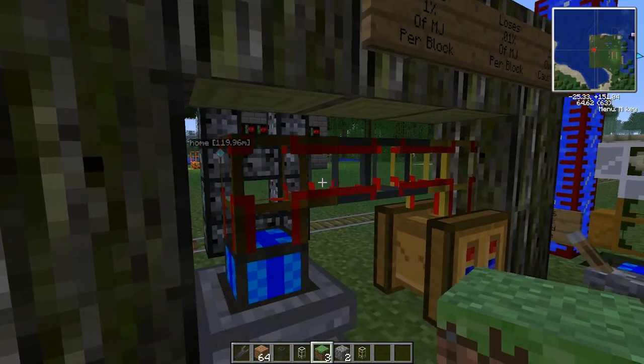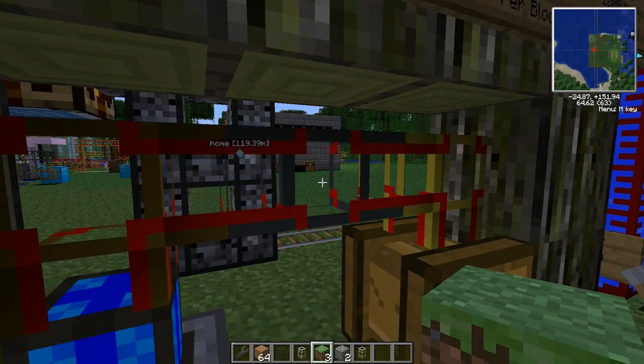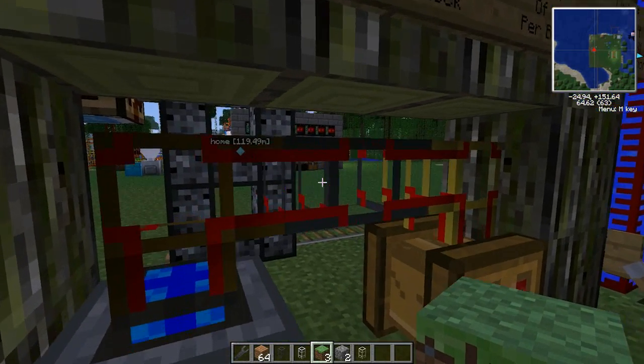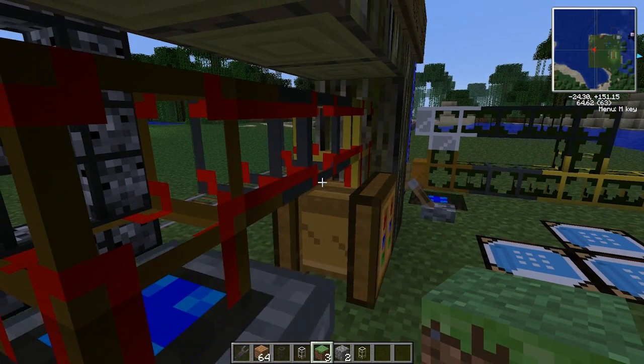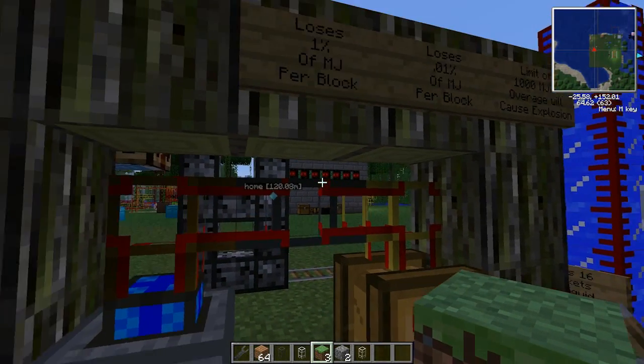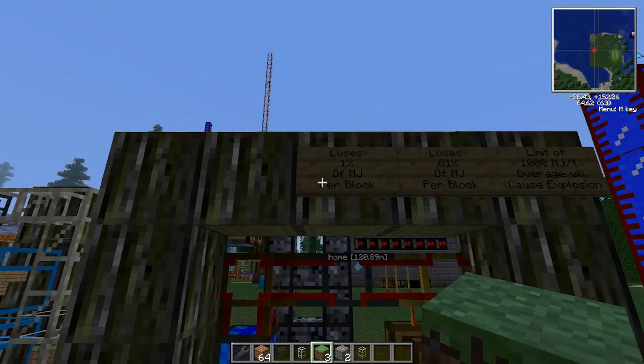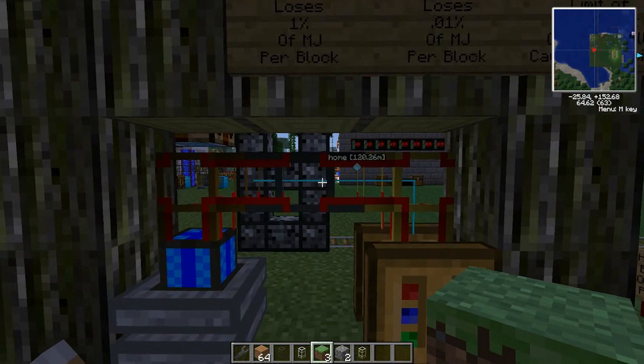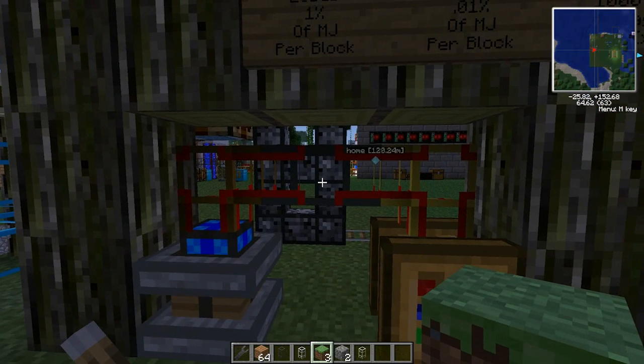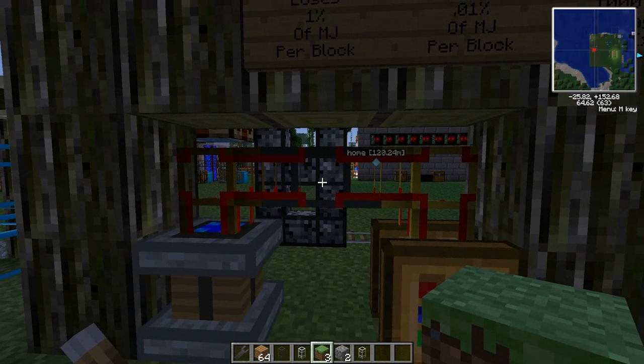So let's see, can we see the power squirting through? Apparently, oh, there we go. See that blue line right there, that is the power coming out of the engine. Oh well, it's not rendering right. There we go. Okay. Anyway, the stone transport pipe right here, the stone redstone conductive pipe, I think it's called conductive pipe,